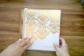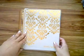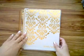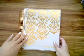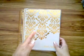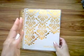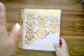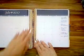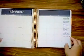Of course, you already know this is the Erin Condren Life Planner. It was on sale, 74% discount from Staples, and because of the hectic schedule that I want to go ahead and create some new things for the fall season, I decided to purchase one, not only for July into the fall and December, but also to use the previous 12 months to create some content for videos. You already know what the Erin Condren Life Planner looks like because this is the 2016 into 2017